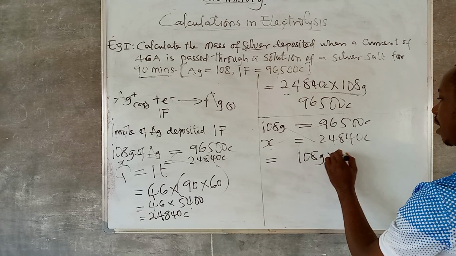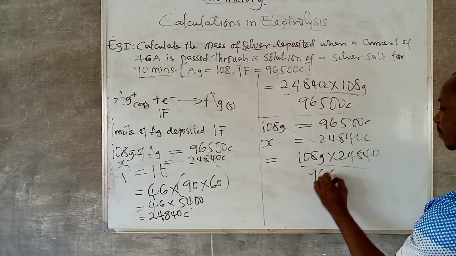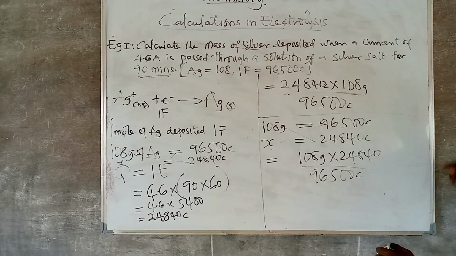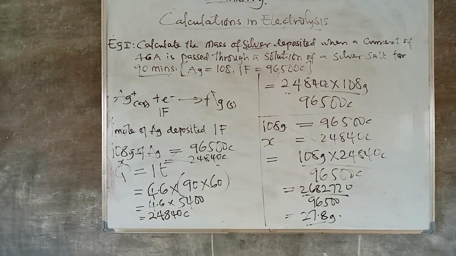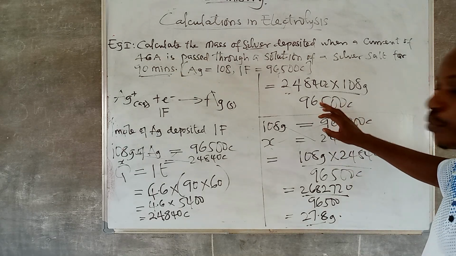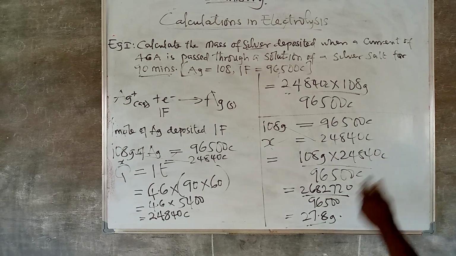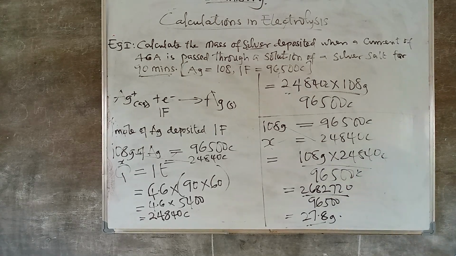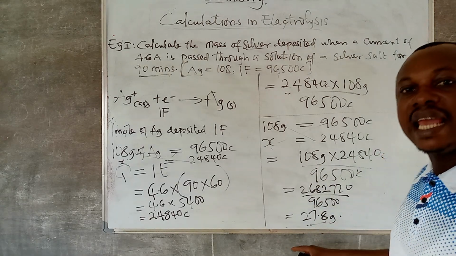So this simply means 108 gram times 24840 all divided by 96500 coulomb, which is the same thing that I have done up here. If you press your calculator very well, you are going to get the mass of silver deposited. So the calculator has helped us. Don't forget what we did here, simple proportion. Now the column here will cancel this column. This here will cancel this here. When you multiply the numerator, the mass of silver deposited is simply